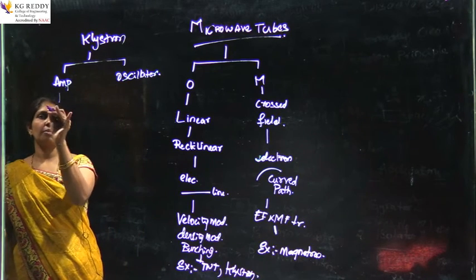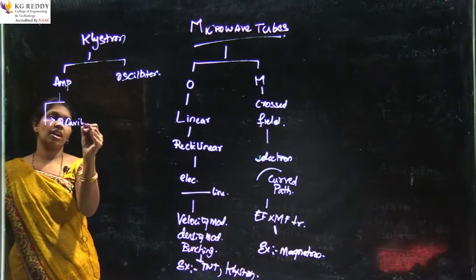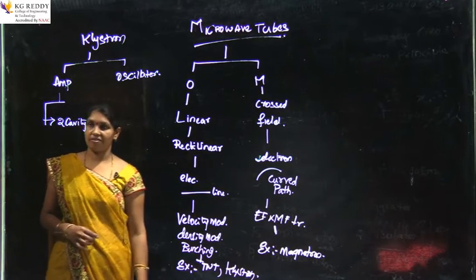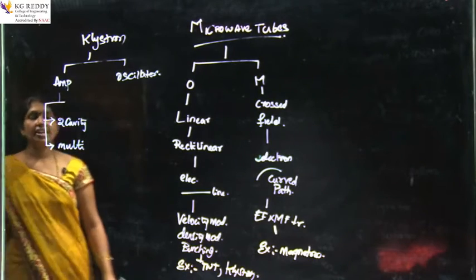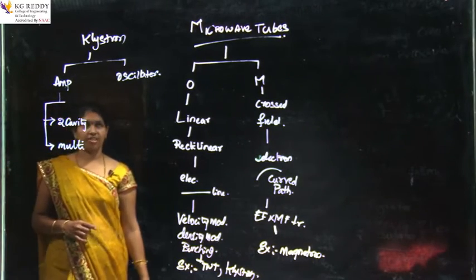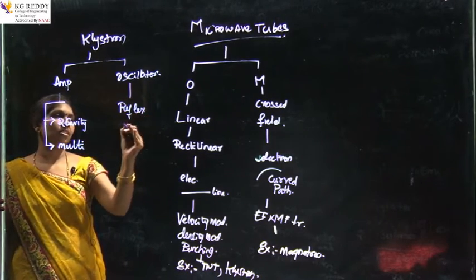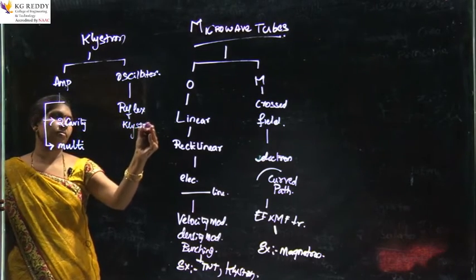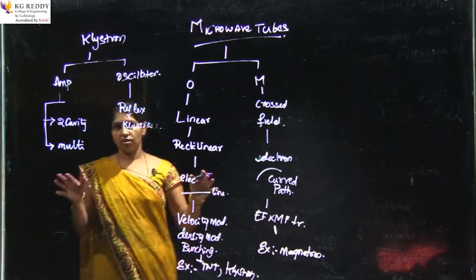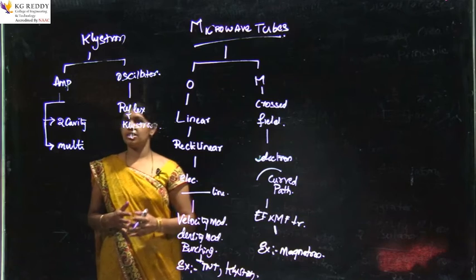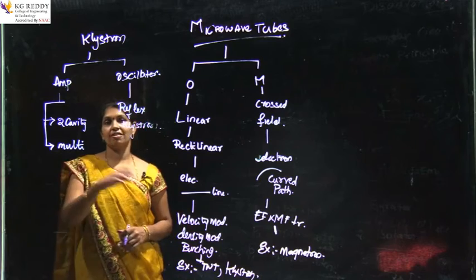There are many types of klystrons. Two cavity klystron works like a low power amplifier, and multi cavity klystron can also work like a low power amplifier. Coming to the low power oscillator, reflex klystron works like an oscillator. To understand the operation of klystron, we need to go to the setup of klystron. But I will tell you the principle of the two cavity klystron and reflex klystron.